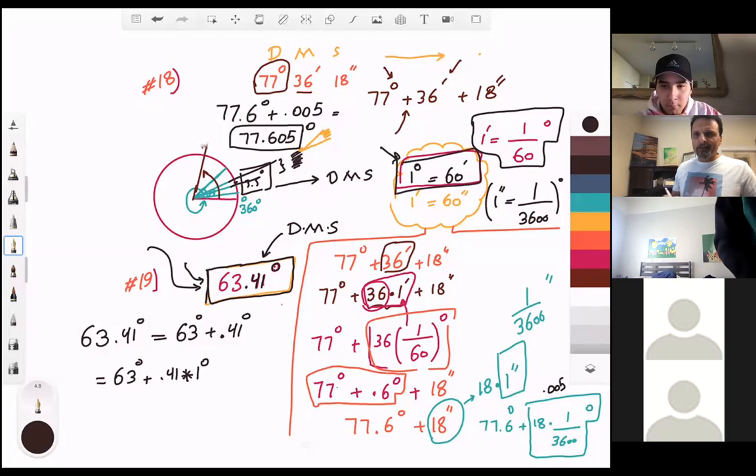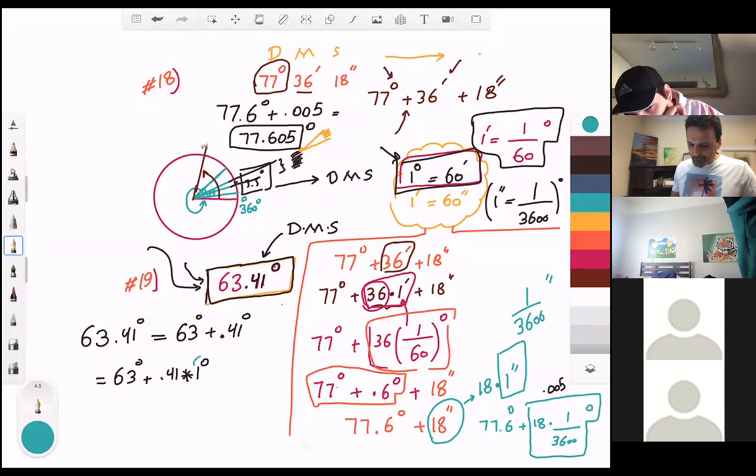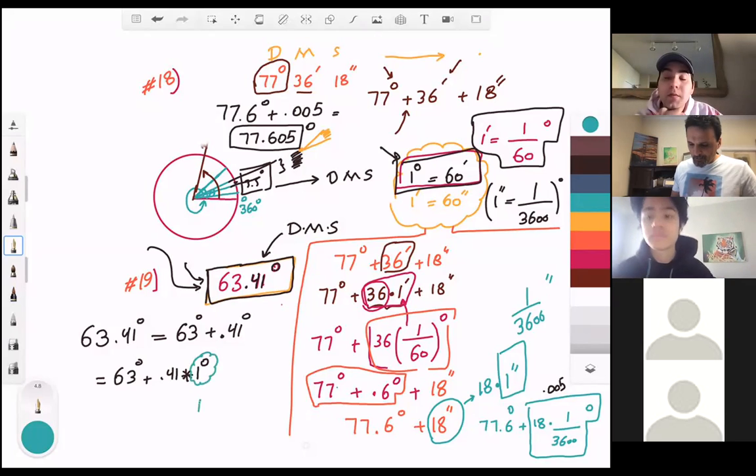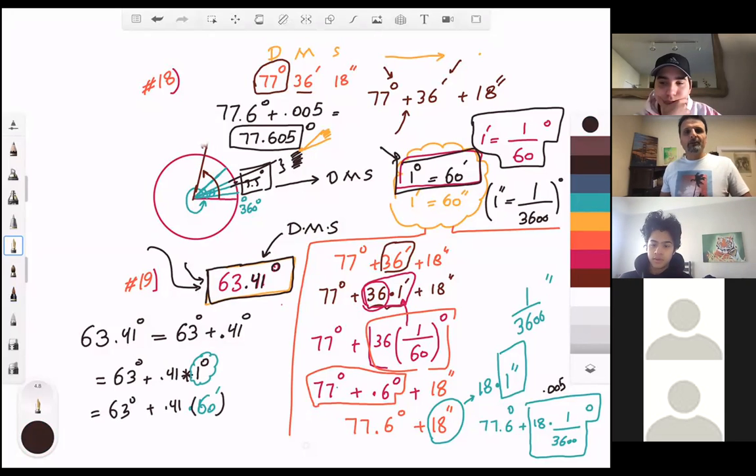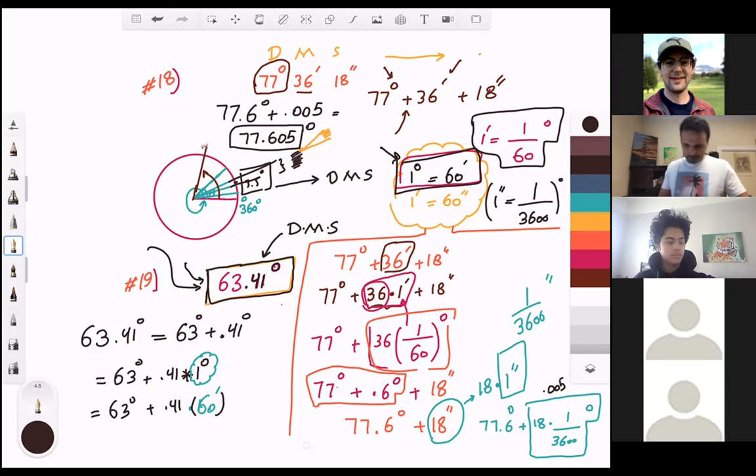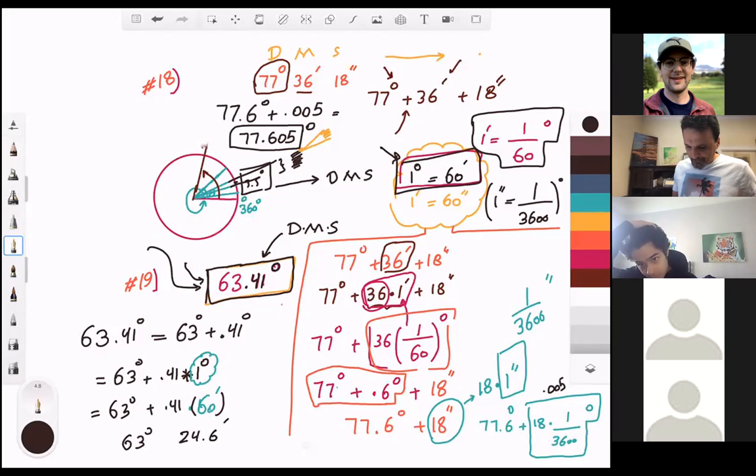This 1 degree, we have it right there. 1 degree is 60 minutes. So what I'm going to do, instead of 1 degree here, I can plug 60 minutes. So 0.41 multiplied by 60 minutes. What is 0.41 times 60? 24.6. 24.6 times this. So what the unit will be, this will be unit minutes, correct? So far we have 63 degrees plus